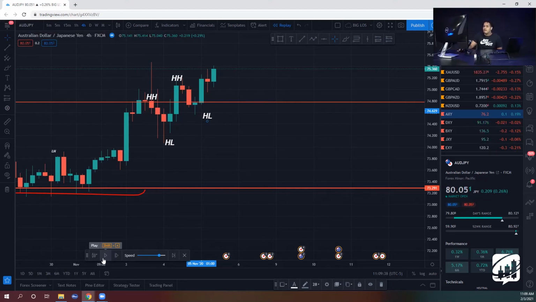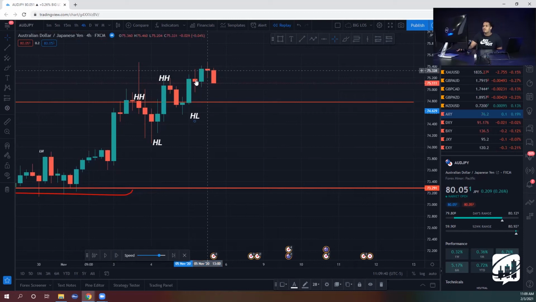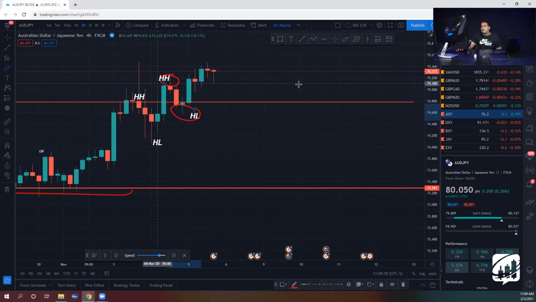So as we're creating higher highs, we know it has to come back to retest either this higher high or the previous higher low. So the trade has one or two options: either come retest at this higher high or come down and retest at this higher low. You could put a horizontal line at your higher high and wait for the retest. As you can see, we're getting the retest as we speak, immediately.